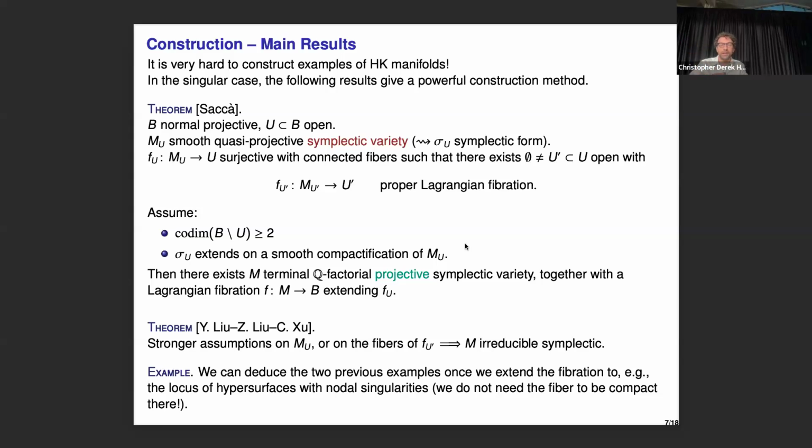I just take the Jacobian there. The only thing I have to make sure is that I have a symplectic form. If I do that, then it works. And indeed, this works in the two previous examples. And indeed, this theorem was motivated by the LSV paper, where they just do that. So once you extend to the nodal locus, not necessarily in the proper way, but in a symplectic way, then you win. Okay, so that's the content of this theorem. That's pretty strong, and that will provide a lot of examples, actually. The only thing that we lose is that a priori we have no control on the singularities.